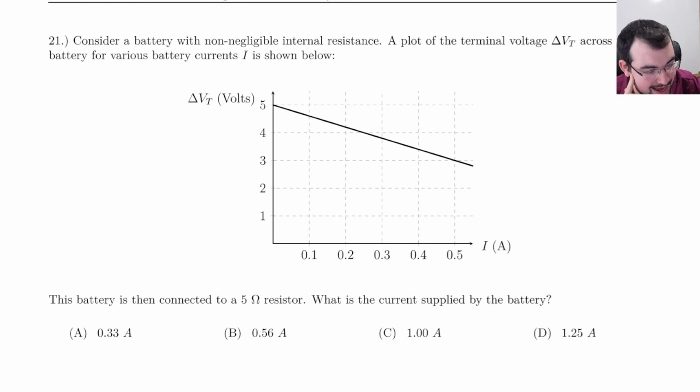Consider a battery with non-negligible internal resistance. So this means it's not really a battery, it's a battery series resistor. A plot of the effective battery voltage versus current applied is shown below. So what terminal voltage is, as I said earlier, it's really the effective battery voltage. So what does that mean? Well, it means by itself, the battery should have an EMF. But due to the fact that there's some internal